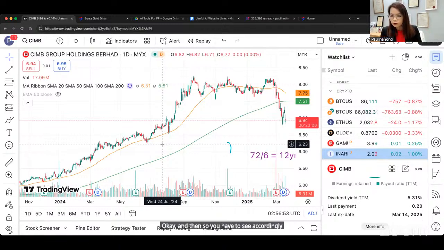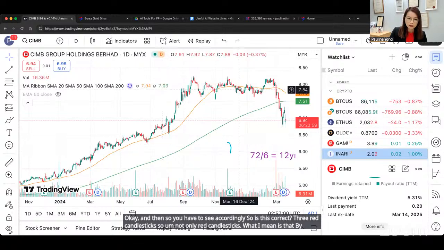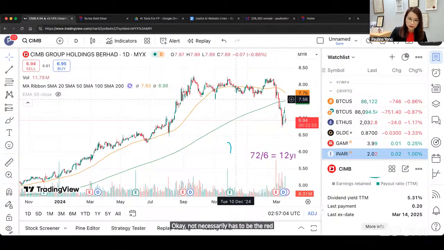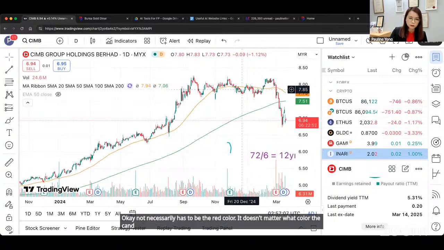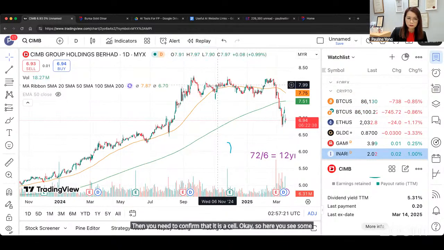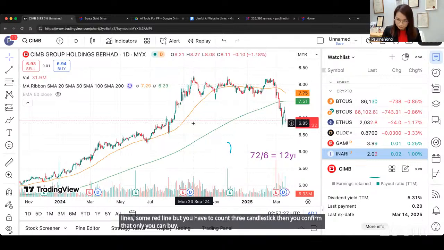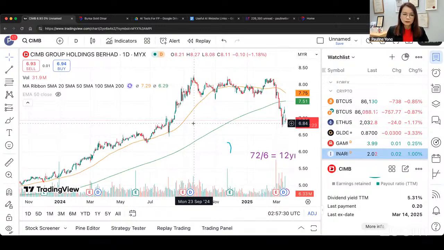So is this correct, 3 red candlesticks out? Not only red candlesticks. What I mean is that if for 3 candlesticks it cannot pass the orange line, it doesn't matter what color the candlestick is, but it has to be 3 candlesticks, and you are still below the MA line, then you confirm that it is a sell. Here you see some green, some red, but you have to count 3 candlesticks. Then you confirm, then only you can buy. Okay. So I repeat,